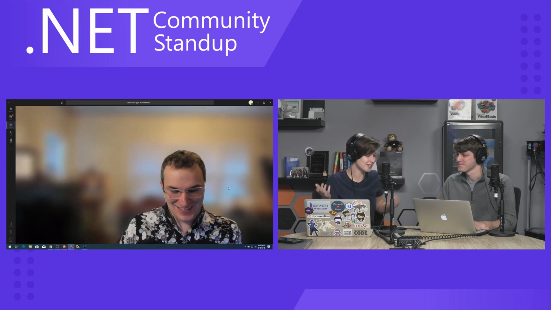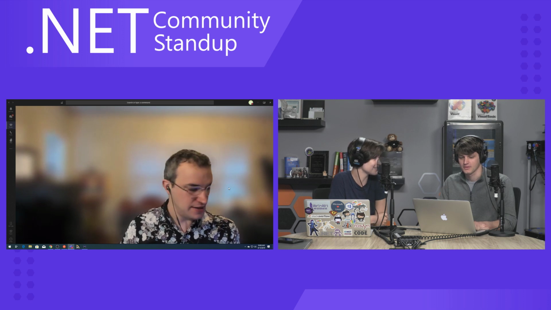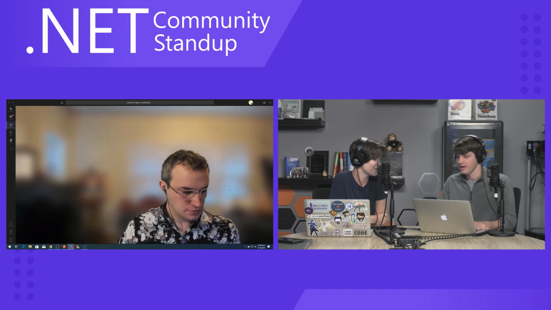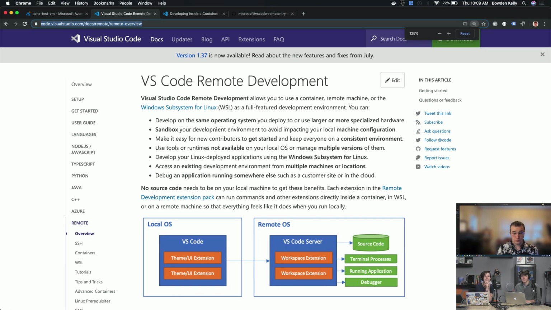Okay, well, let's dive into Bowden's demos without further ado. So remote extensions in Visual Studio Code. Yeah, so if you want to flip over to my screen, I can give you a little background. So the idea is basically there's a lot of scenarios where you have your local dev box, but then you may have a remote VM or some other kind of remote compute that you are constantly pulling and pushing and syncing code back and